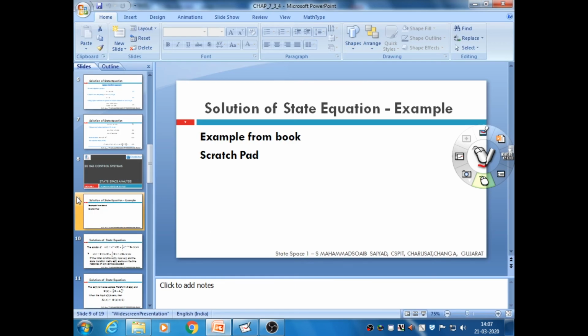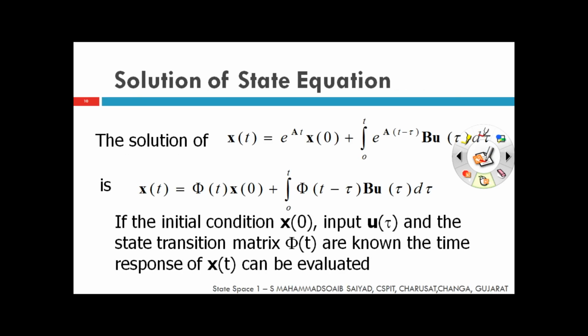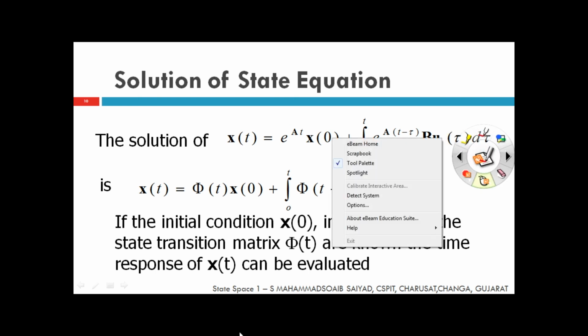state transition matrix. Okay, so we'll quickly go through whatever is left in this. Okay, so we have talked about the unforced input. So for the unforced system we have derived this. Okay, for the forced system the equation will be looking like this. So for forced systems you will be having the equation available in this form.